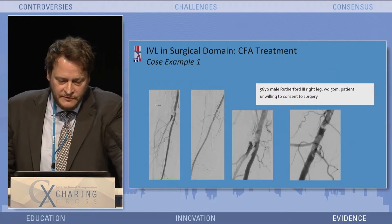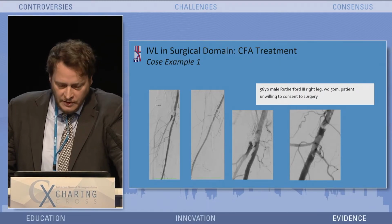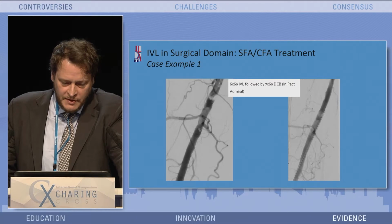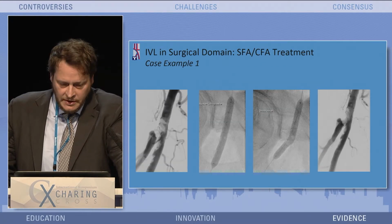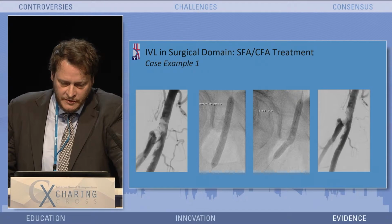Here you see a patient with a lesion that surely calls for surgery, but the patient didn't want that. He just changed his job and was fearing to be off work for some time, but he sought treatment. So here we treated the SFA with lithoplasty with a quite convincing result. And then we went for the common femoral. And you see there is a huge reduction in stenosis. And clinically, the patient profited enormously, with the walking distance increasing from 50 meters to more than 500 meters